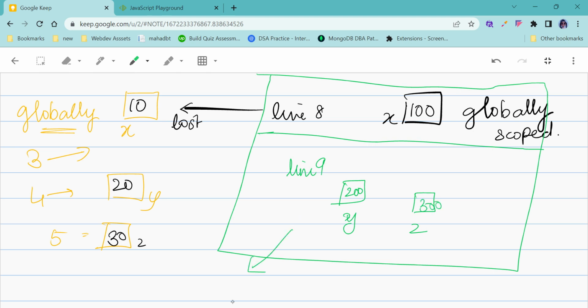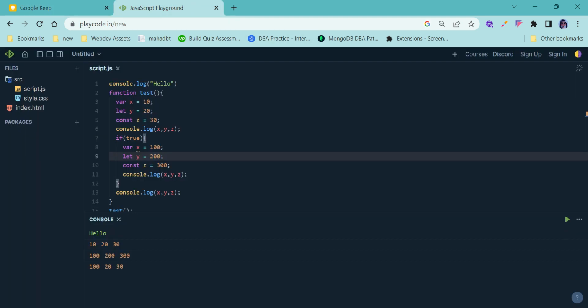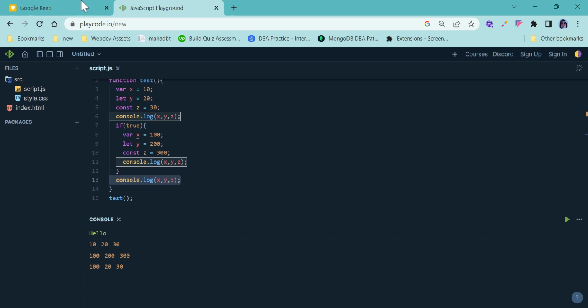As you come out of the scope, these variables are no more valid. So when you do console log here, the values are 100, 200, 300. But as you come out of these, when you come to line number 13, you see that